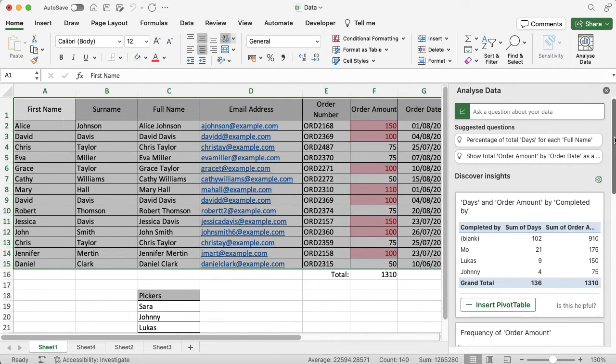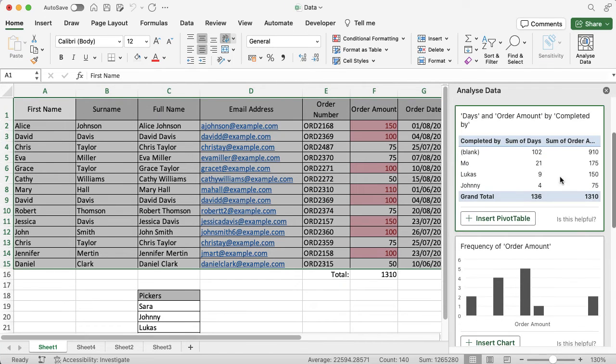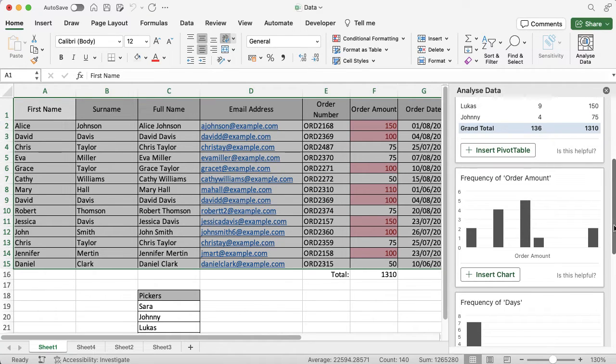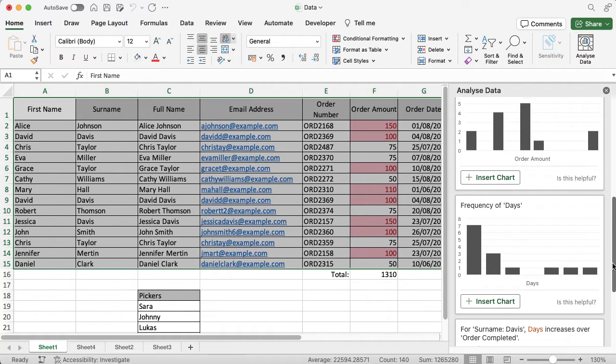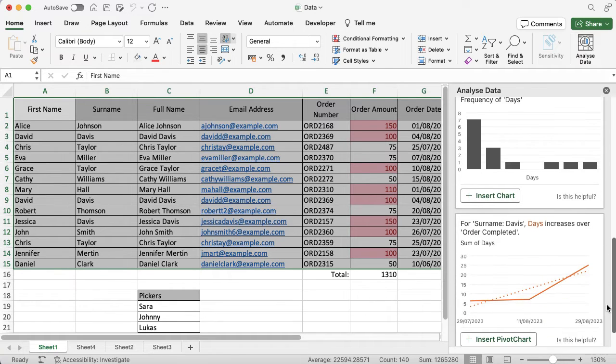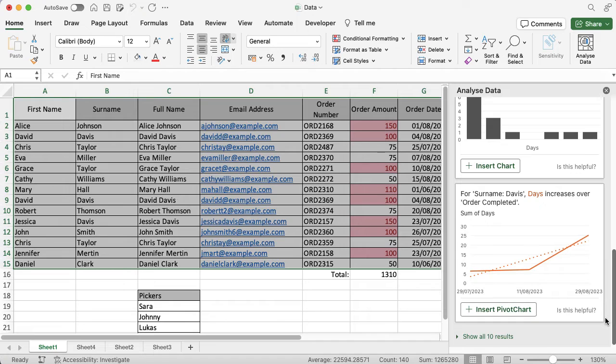And if I scroll down, you can see I've got insert pivot table option. It will do a pivot table for me based on that data. It will do a chart for me based on that data, so frequency of order amount, frequency of days. I've got pivot chart again there. So loads of things, and if you look at the bottom as well, you've got more results that are hidden, so it's just going to present you with some of those bits of information and some of that analysis,